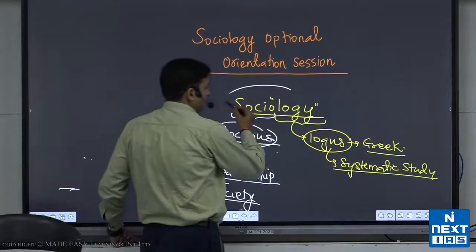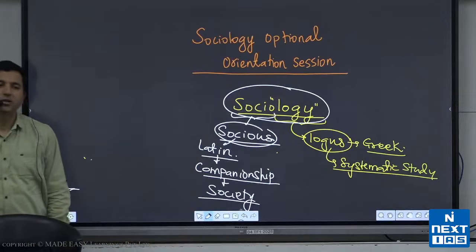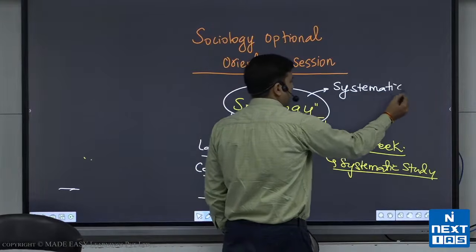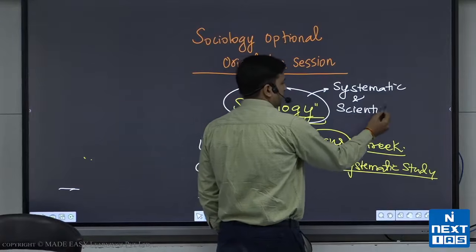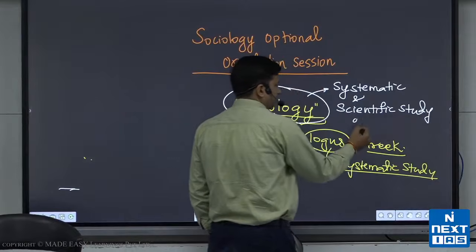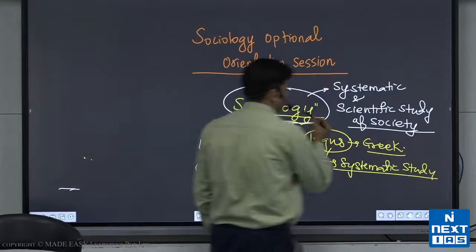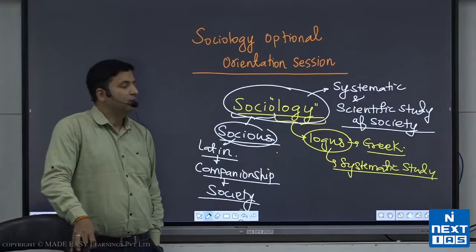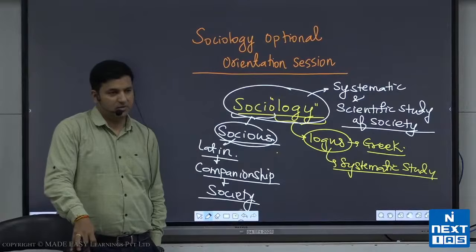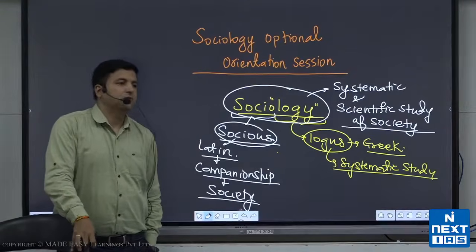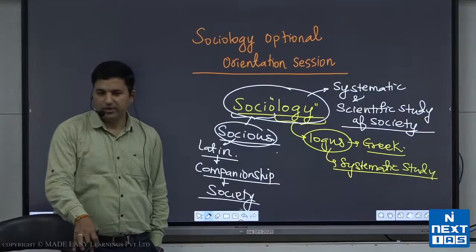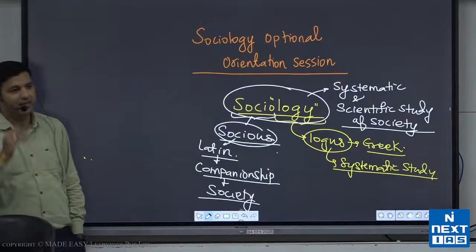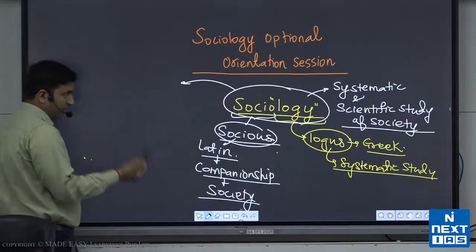So from this word itself, what I derive in a very simple and lucid manner is that sociology is the systematic and scientific study of society. This optional subject is all about knowing and understanding the different aspects we find in societies. Now societies are everywhere. Indian society is there, European society is there, American society is there. So this optional subject focuses on the systematic and scientific study of all societies, in which a specific orientation is